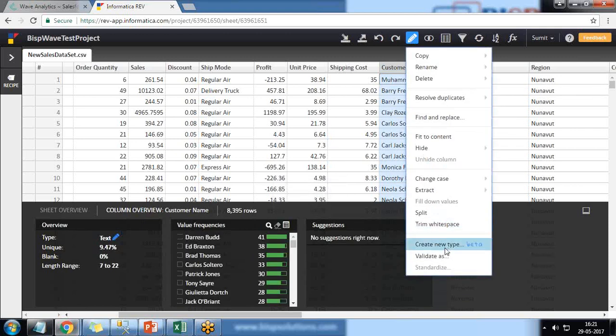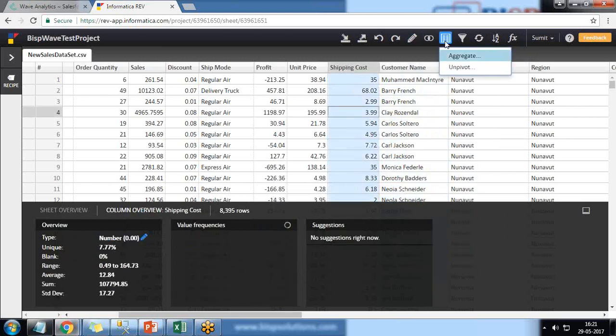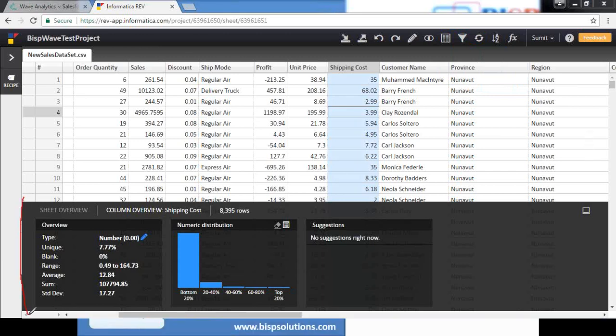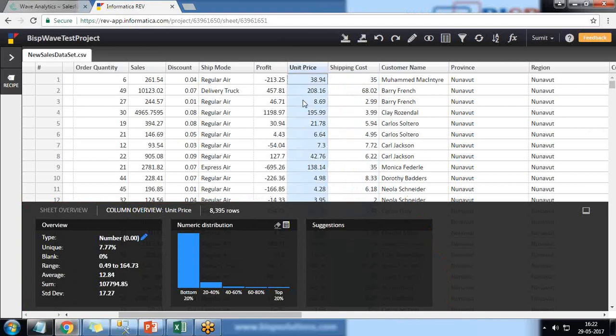We can trim white spaces, create new type, validation can be done. Other options we have, we can perform aggregation or unpivot and apply some filters as well. And at the same time, if you look at this bottom area, this would be giving us the sheet overview or the suggested overview. For example, if I select unit price, it will refresh and numeric distribution will be